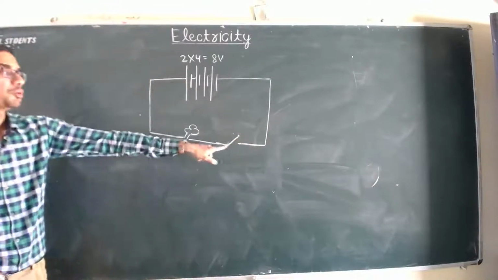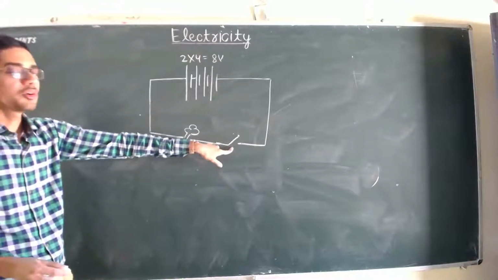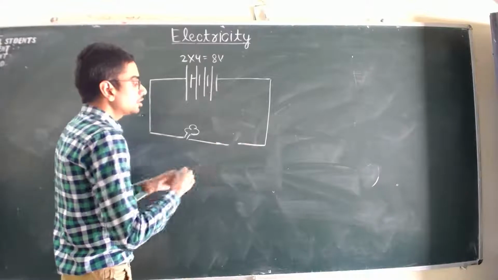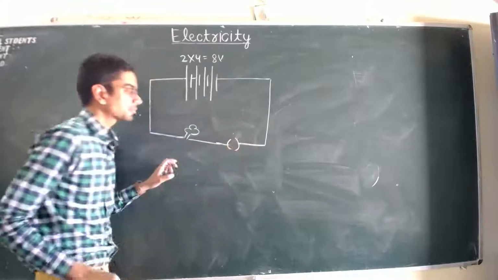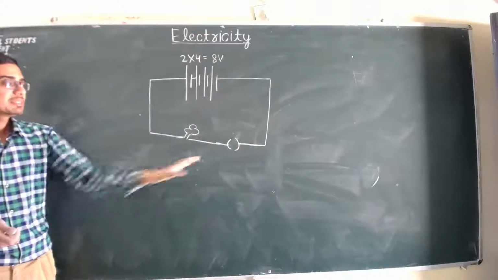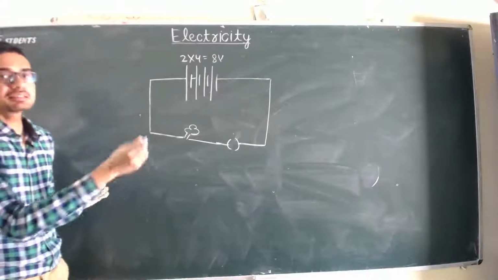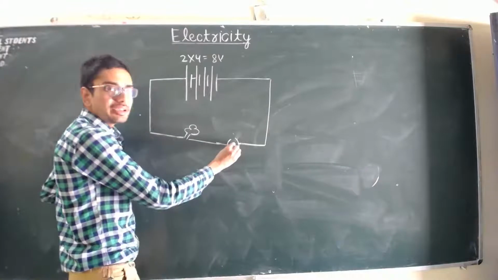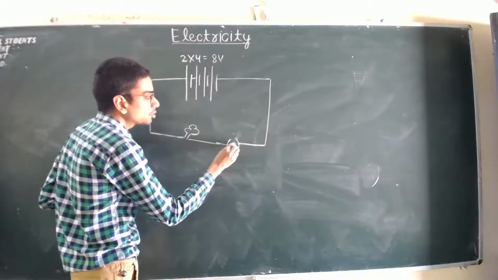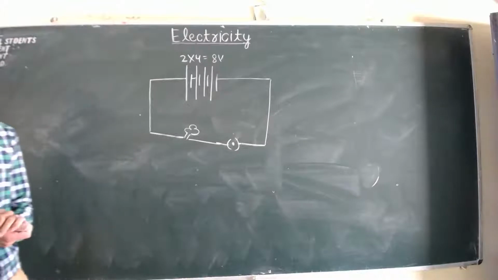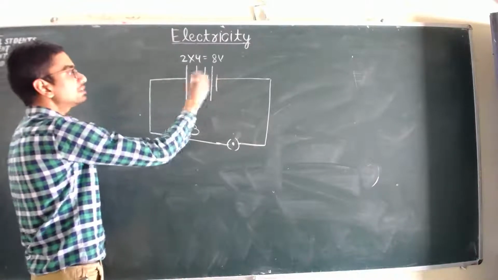This is how you can draw a key, okay, or simply you can make a bracket. This circuit is open. अभी करंट फ्लो नहीं करेगा इसमें क्योंकि this circuit is open. Key is open. जैसे ही आप की को क्लोज करोगे, this circuit is complete and a potential difference is created